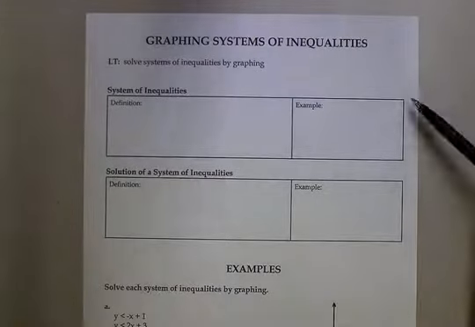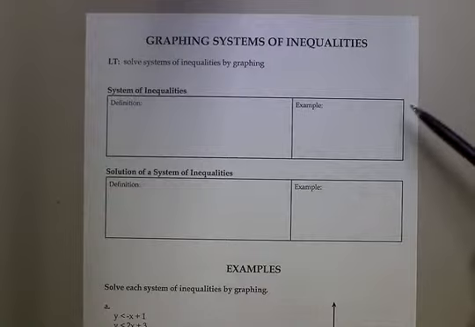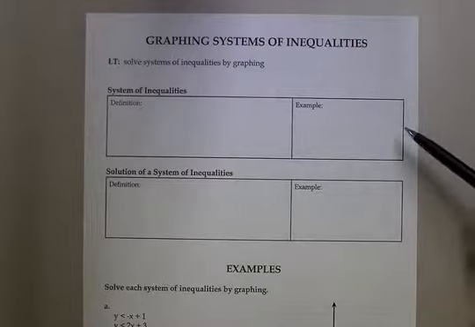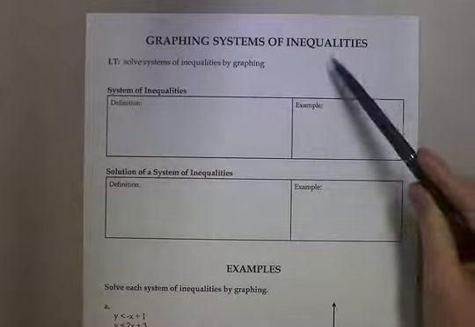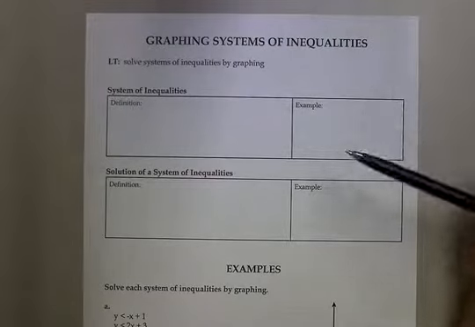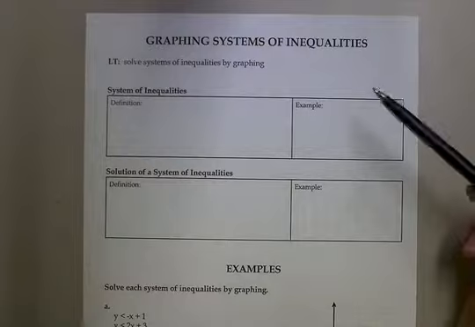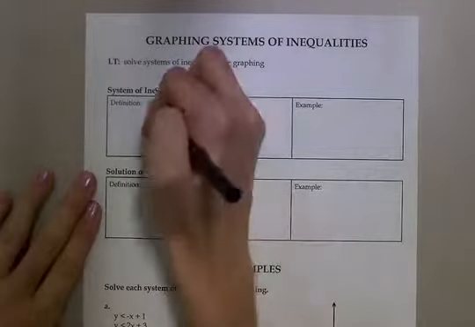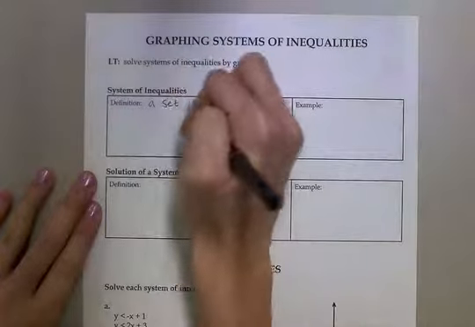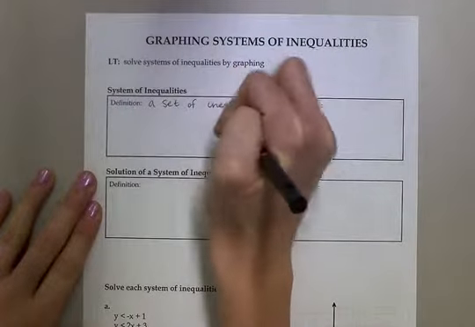So in the last chapter, we learned how to graph inequalities, and we graphed them one at a time, and we showed their solutions by shading in an area on the coordinate plane where the solutions for the inequality were true. So a system of inequalities is just, in this case, we're going to talk about a pair of inequalities. So let's define our system of inequalities as a set of inequalities